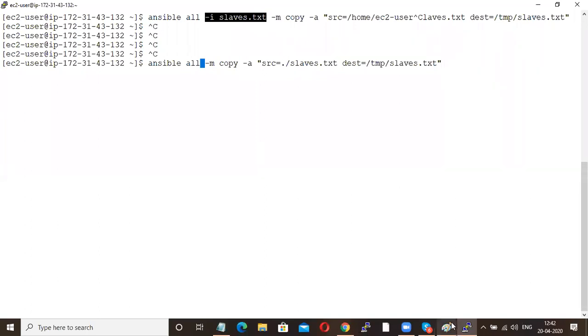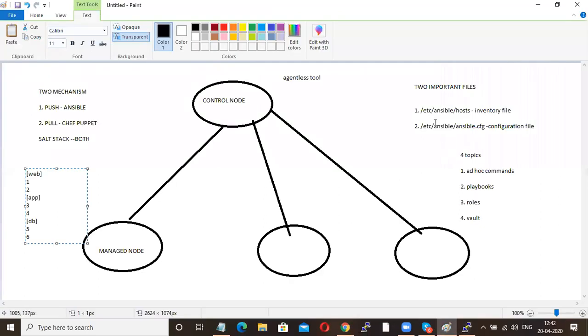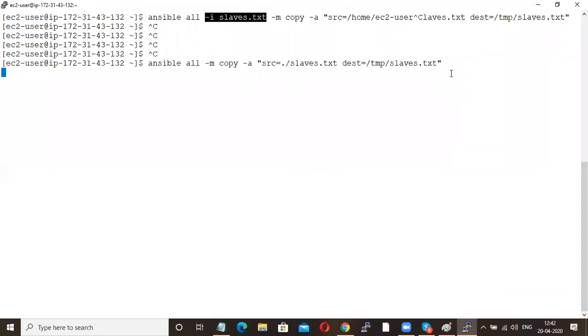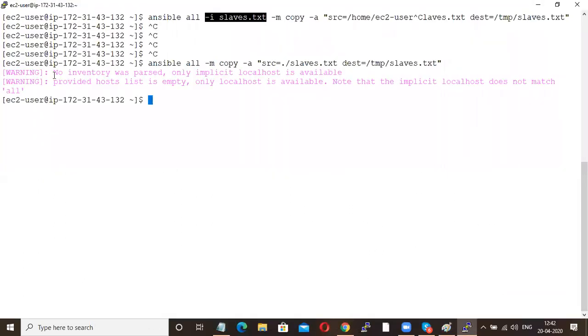What is the default path? /etc/ansible/hosts file, right? As we don't have that path, what you will get? The error, no inventory was passed. Understood? If you are not specifying -i, Ansible will go and check in your default path itself. Understood or not? Afrin, understood, right? Yeah.